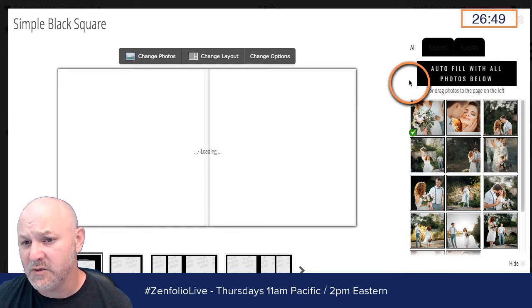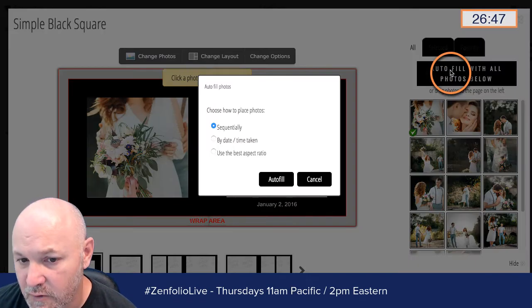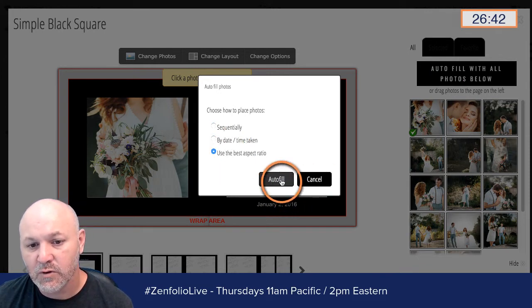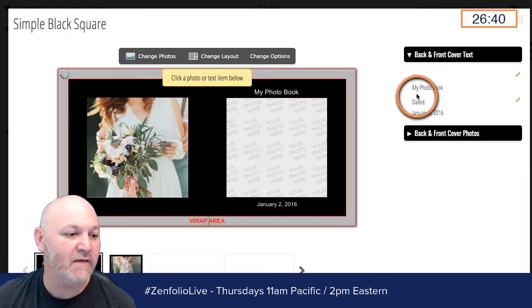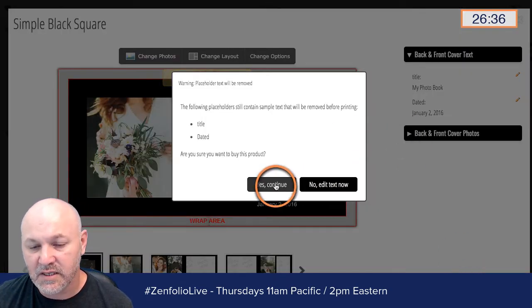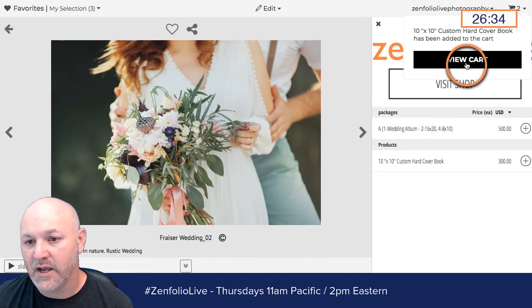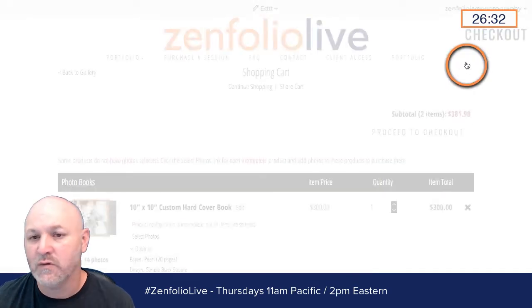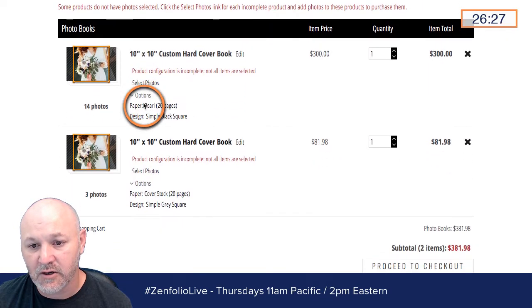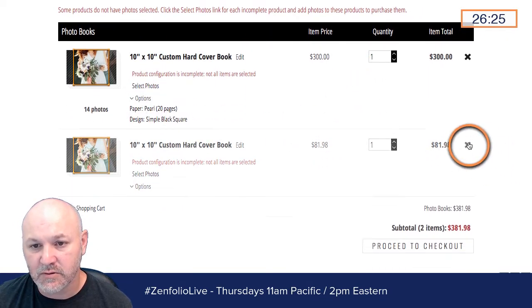This is an option too that I didn't show you guys. There is an option to autofill right here. We're going to autofill this book, and then I can add it to the cart right here. We'll say yes, continue. And then what your clients can do, if they want to order 2 copies of that book in the cart, is come in here and bump that quantity up. So it's this one right here.